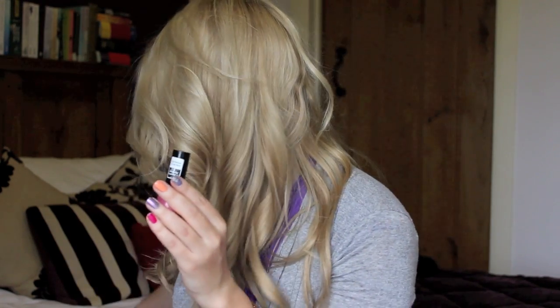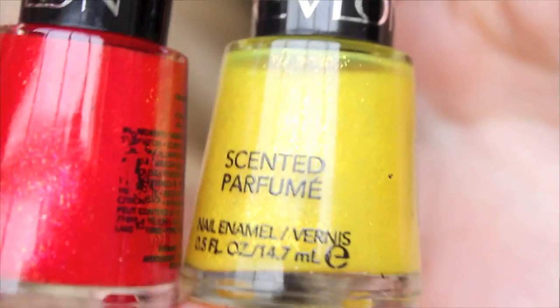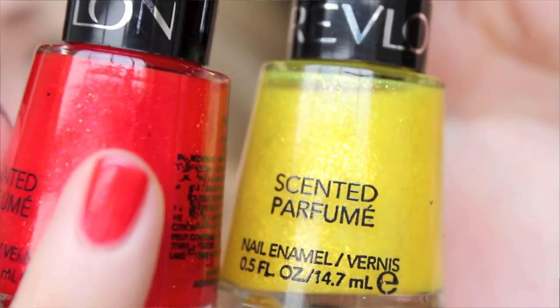Actually, I've got a couple more to show you because I do like a lot of the other colours as well. I think there's 5 in the line, but these are my 3 favourites. The pink one is definitely my favourite, but I also really love the red, and I never normally wear red, but this is just a really gorgeous, vibrant red, and as you can see, they're almost like a sheer jelly texture again. It's kind of similar to the Disco Biscuit, but they don't actually